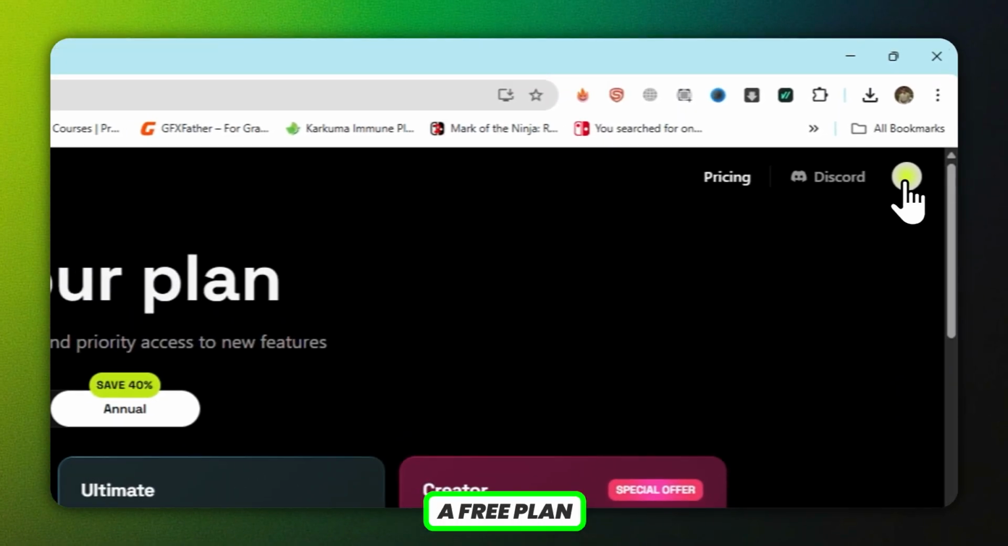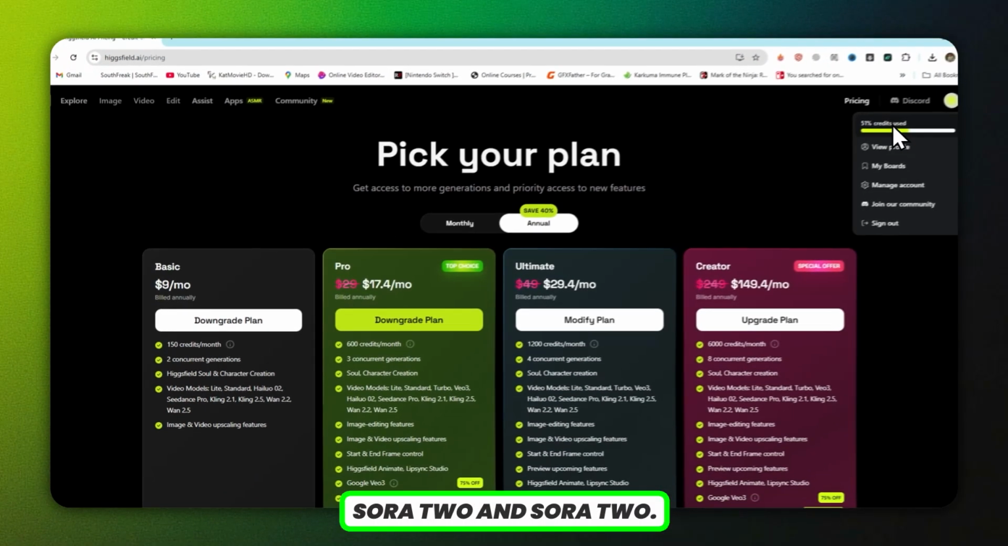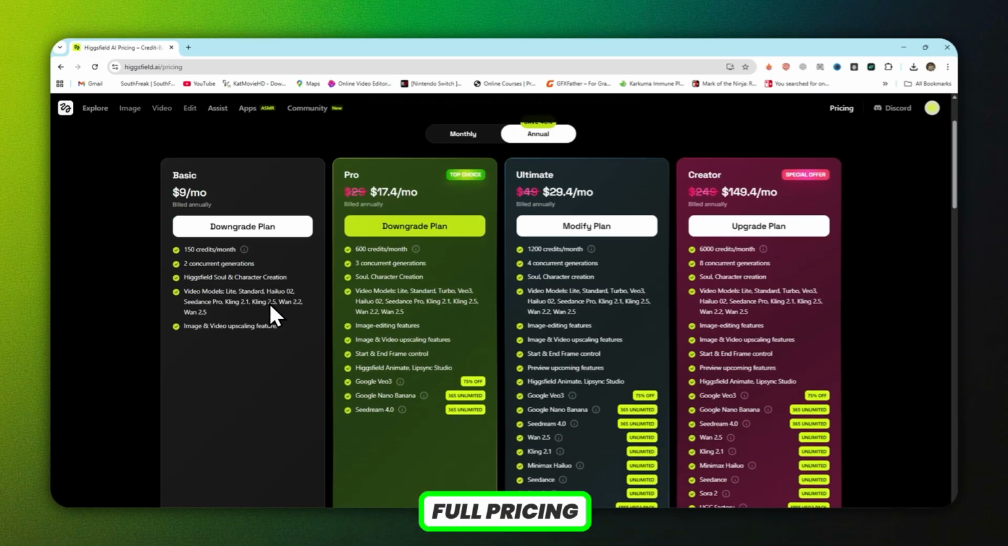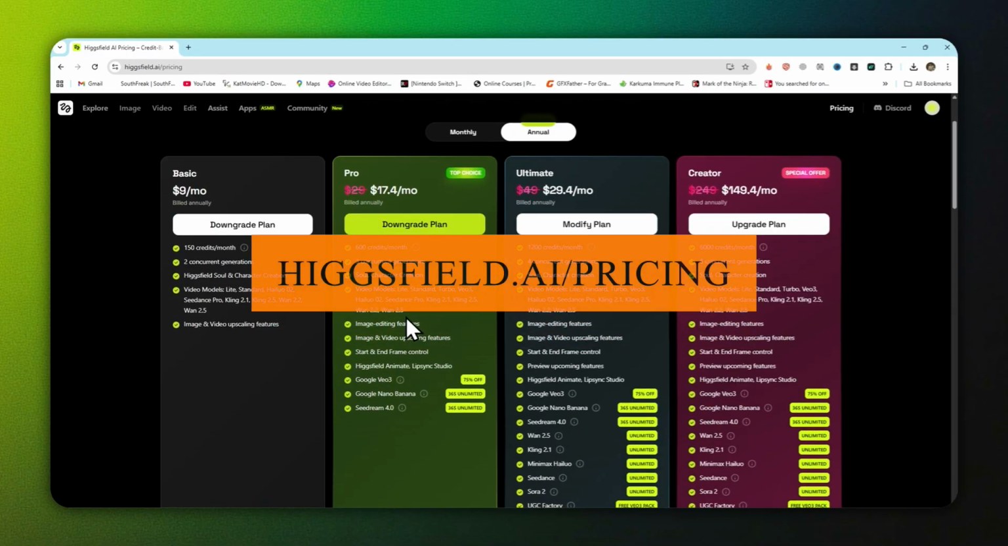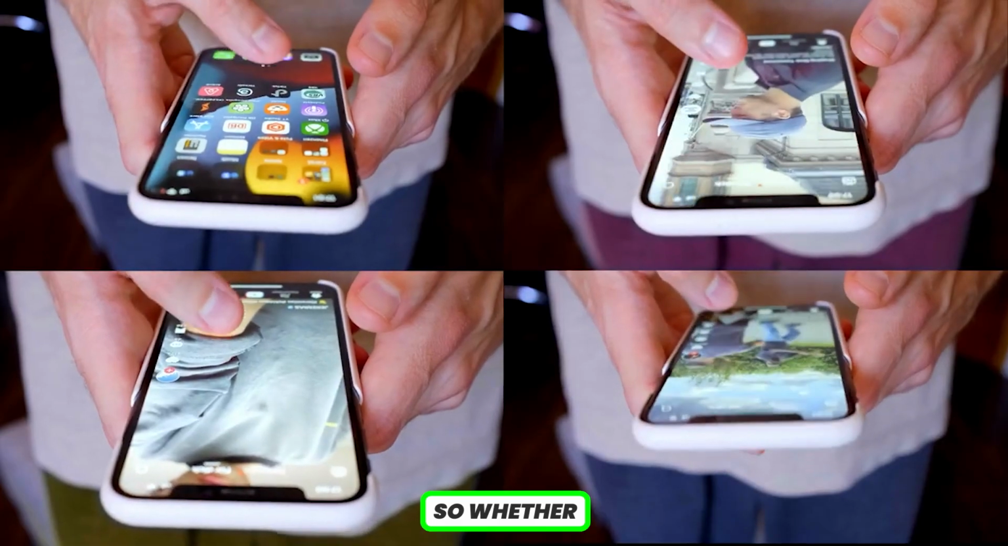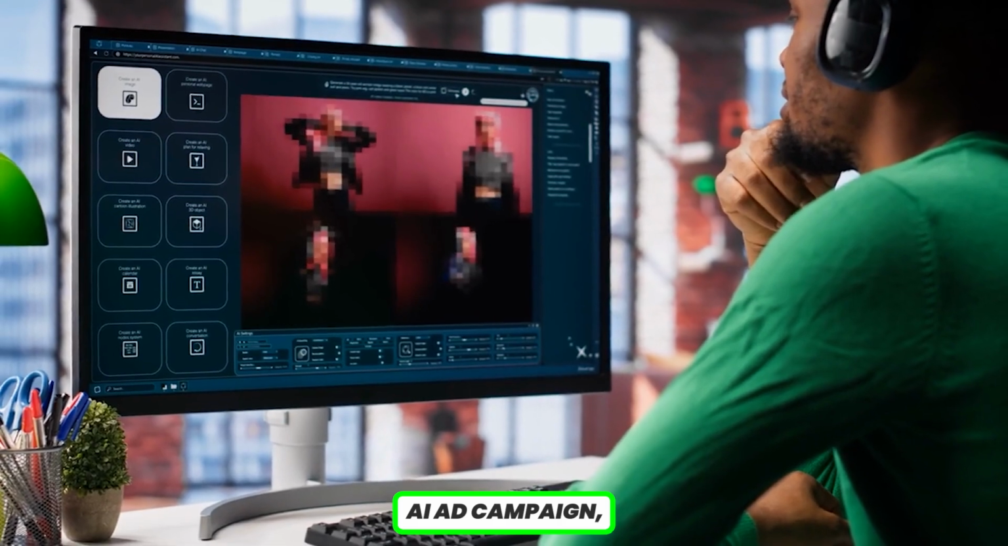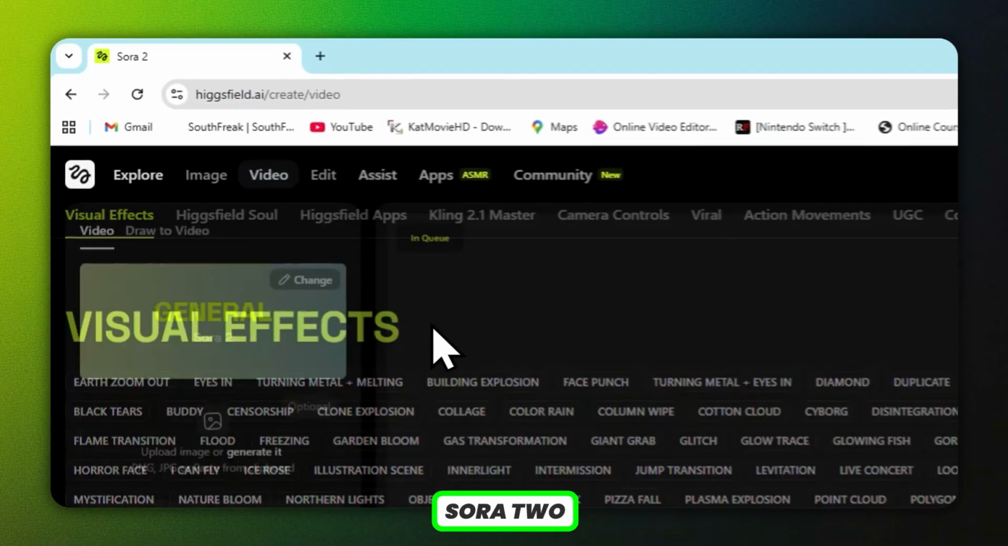Higgsfield offers a free plan with daily credits for testing Sora 2 and Sora 2 Pro. Paid plans unlock more credits and higher concurrency. Full pricing details at higgsfield.ai/pricing. So whether you're building viral content, short films, or your first AI ad campaign, Higgsfield Sora 2 gives you